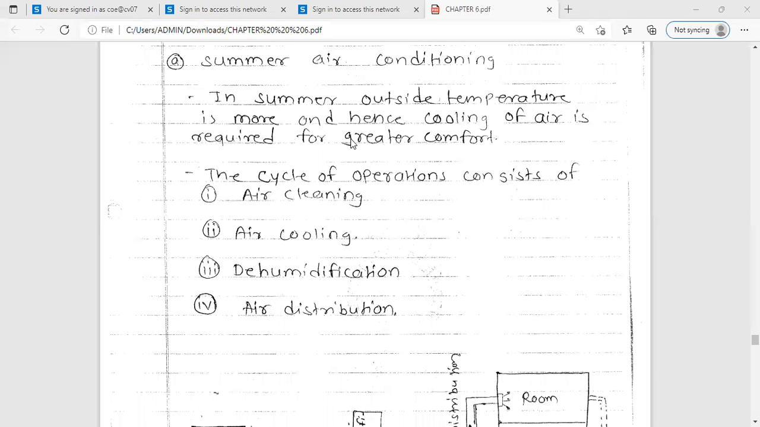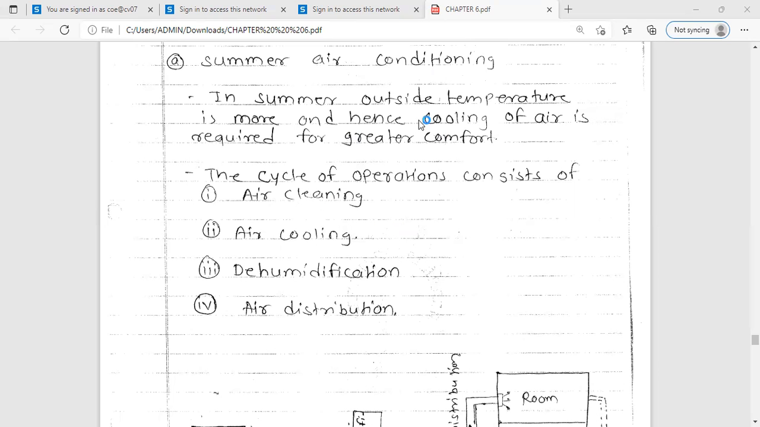Means we know that in the summer season, there are direct sun rays, and due to that its temperature will be more. Okay, and we have to go for reducing the temperature, or we require the provision of cooled or chilled air into the building. Okay, here in summer air conditioning, whatever